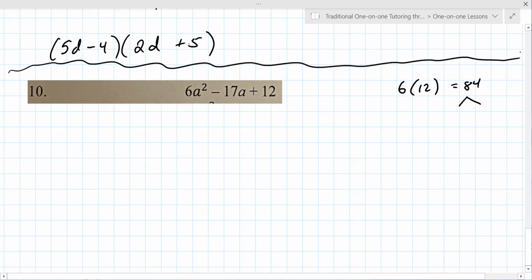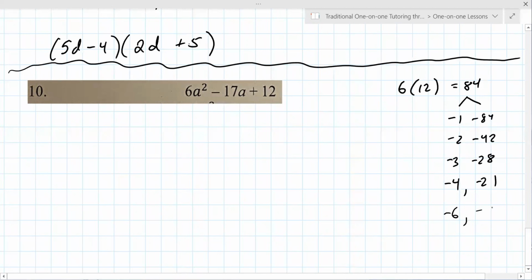When they've got to add up to a negative number, you know that they're both negative. So negative 1 and negative 84, negative 2 and negative 42, negative 3 and negative 28, negative 4, negative 21, negative 6,